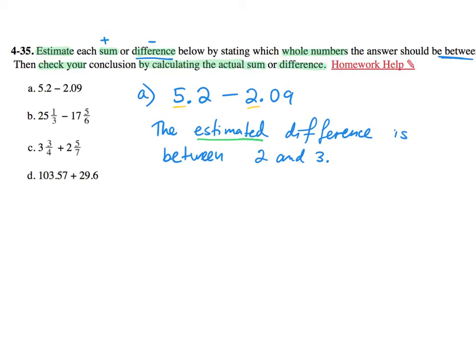Now the second step, it says we actually calculate. So I'm going to copy it again. It's given to us written next to one another, right? But when we do decimals, we want to line up by the decimal place value. I'm also reading where the decimal place is, and I see 2 decimal places here and only 1, so I'm going to add a 0 to match the decimal places. Now I'm going to line up on the side. So 5 and 20 hundredths minus 2, and then 9 is in the hundredths place,